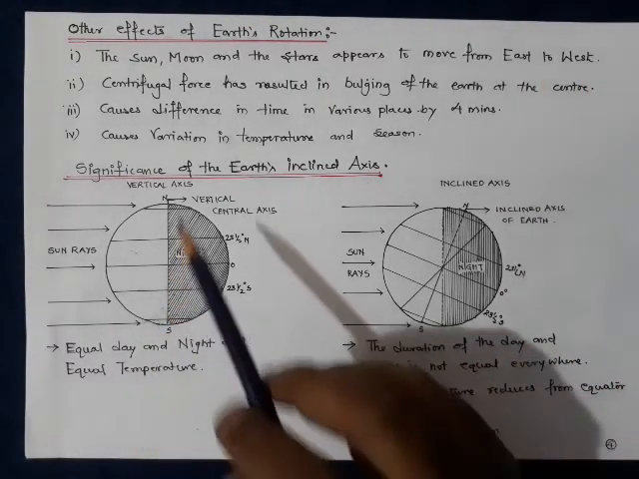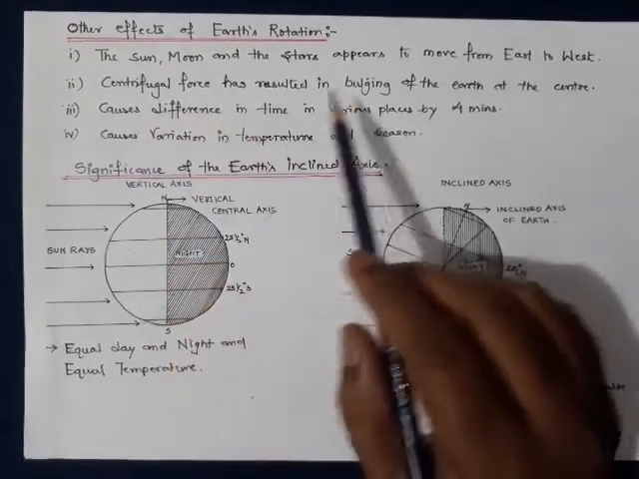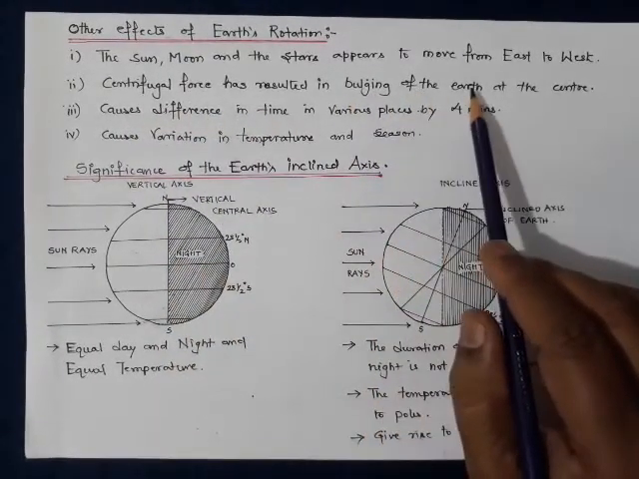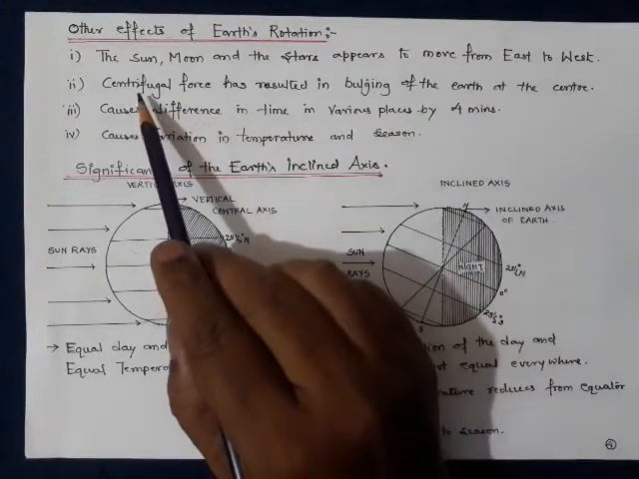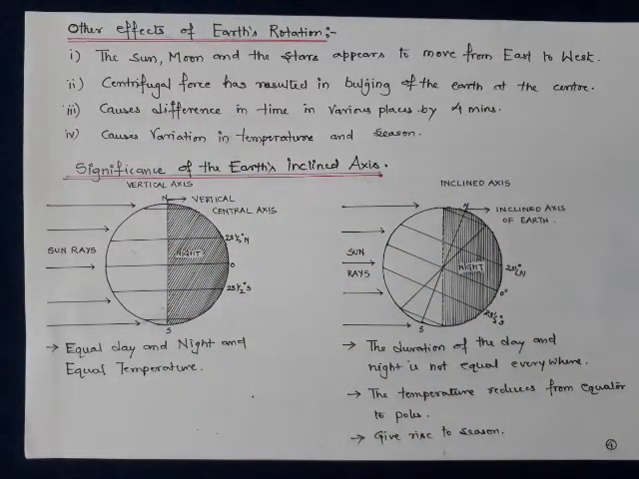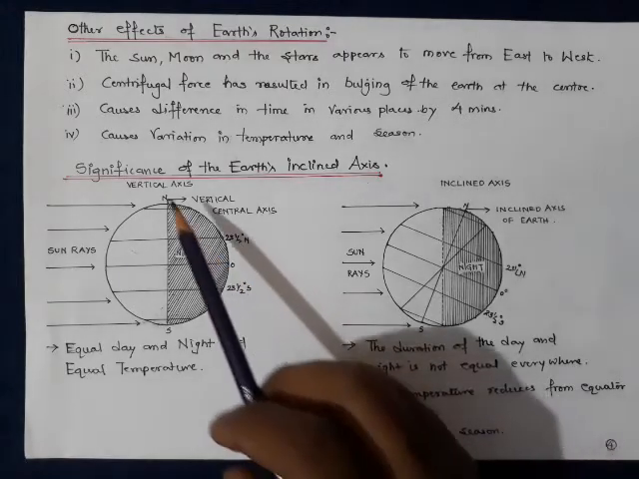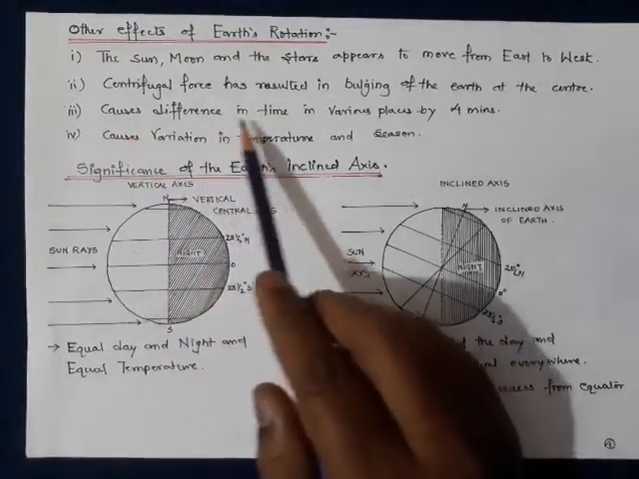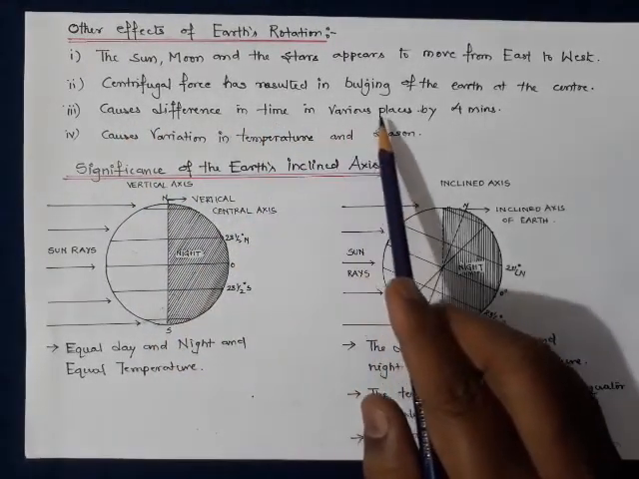The movement of the earth, which results in the bulging of the earth at the center, is known as the centrifugal force. Because of the earth's rotation, the greater circumferential area along the equator gives rise to widening of the area. So that's the reason why the earth is bulged at the center, and it causes difference in time variation